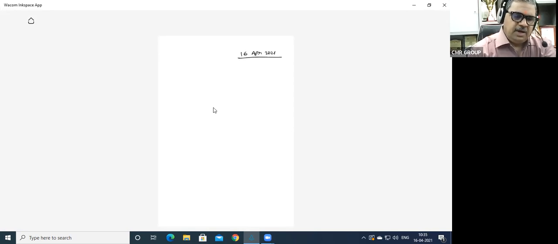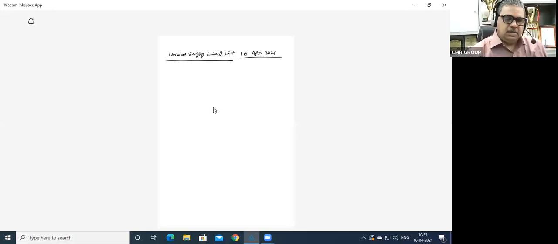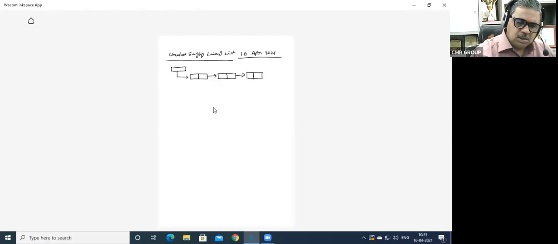16th April 2021. We are going to discuss today circular singly linked list. So what is a circular singly linked list? In the singly linked list, we have, for example, this is the start, and this is the first node, and this is the second node, and this is the third node. Let us take, there are three nodes, and this is the last, and this is the start. Example